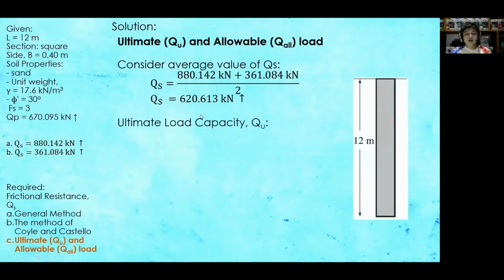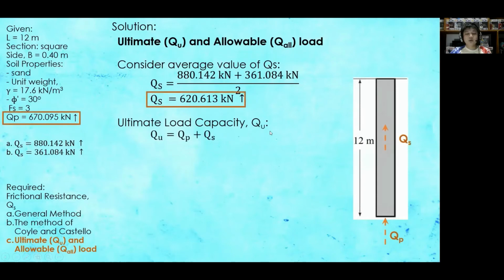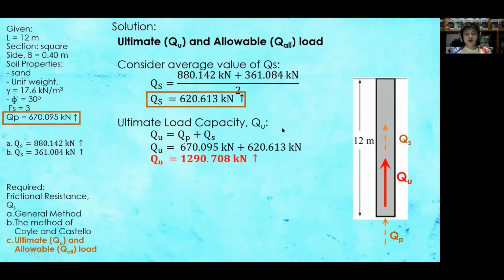kilonewtons. So for the ultimate load capacity or Q sub U, this will be the sum of the two components. First is our point bearing capacity, which is Q sub P, plus our Q sub S, the skin frictional resistance. Thus, it is equal to our QP, 670.095 kilonewtons, plus the QS, that is 620.613 kilonewtons. So therefore, for our ultimate load capacity, the Q sub U is equal to 1,290.708